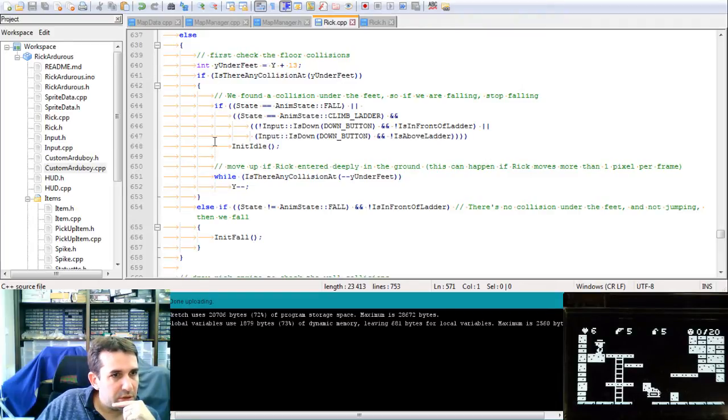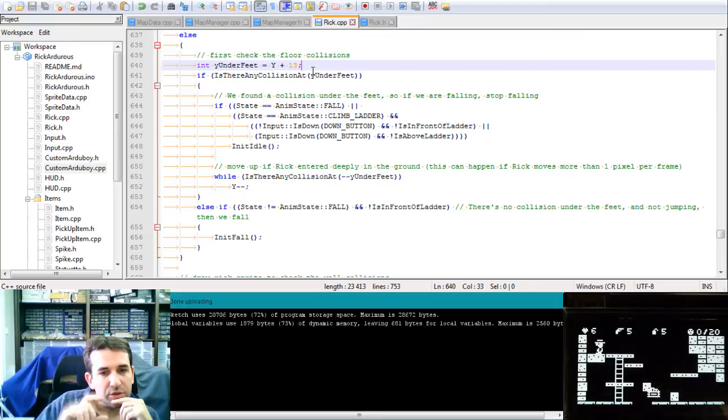If not, right, because the screen is moving, and we are not in fall, then we just init the fall. So basically here I want to add the transition of the screen. So I will check like y plus 13 under plus